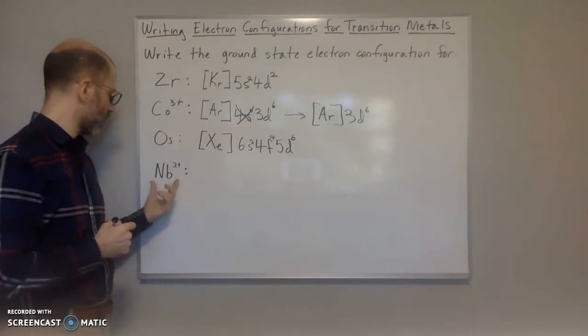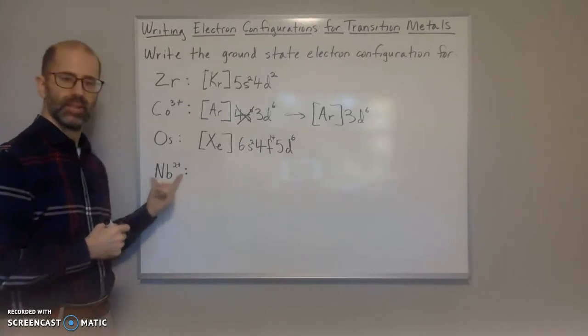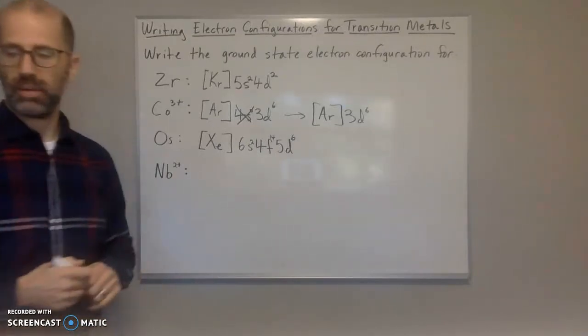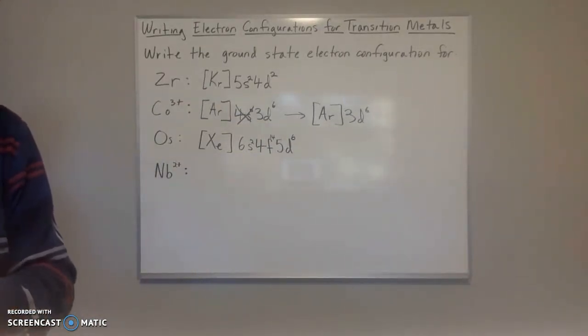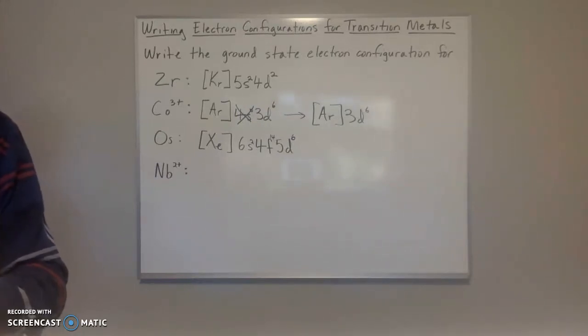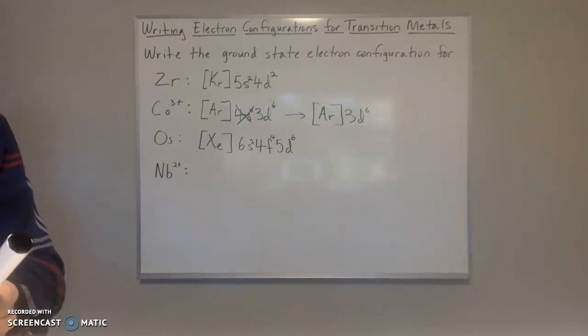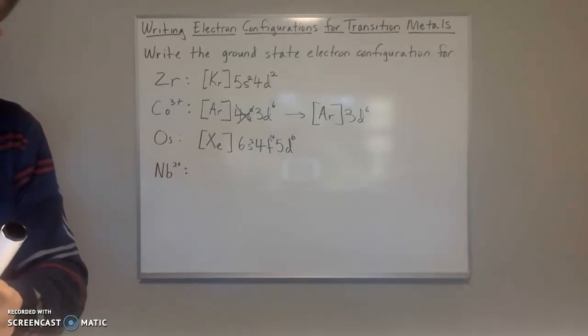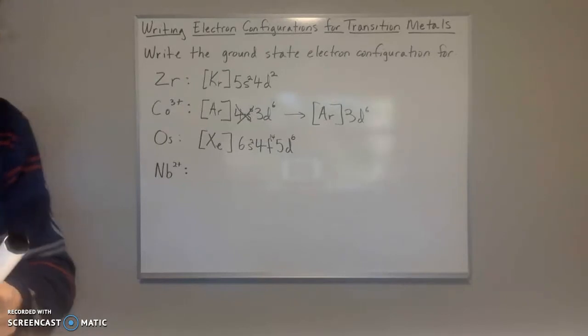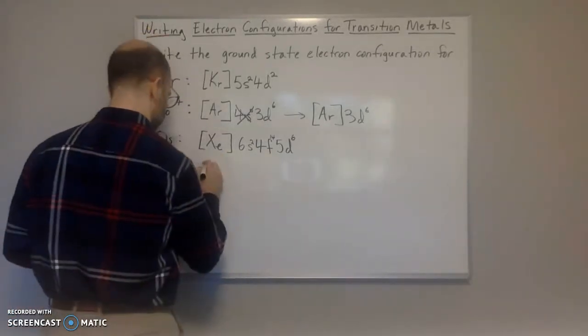Okay, now what about Nb2+? So again, we're going to look up Nb on our periodic table. Where's Nb? Not finding, there it is, number 41. It's in period number 5. So 41, period number 5, and the noble gas that came before is Kr. So we're going to have Kr